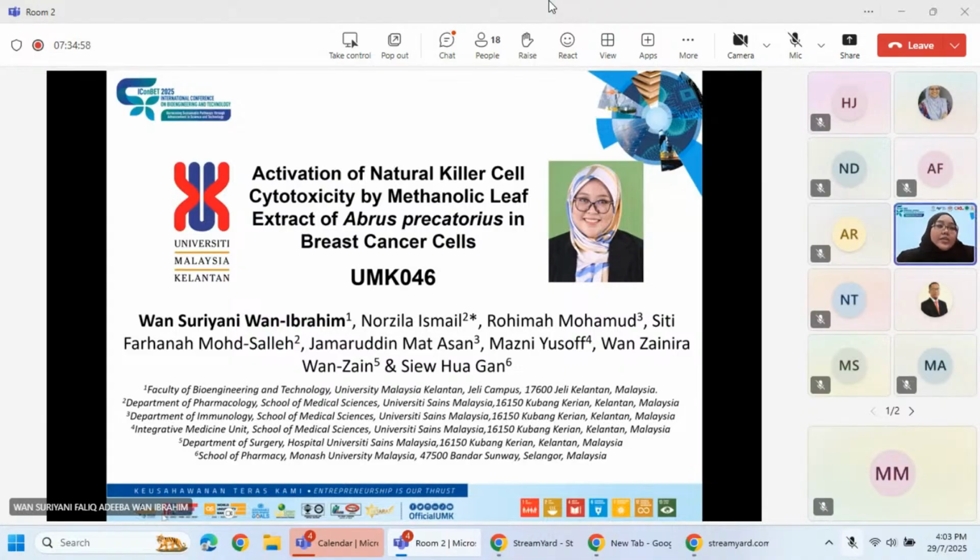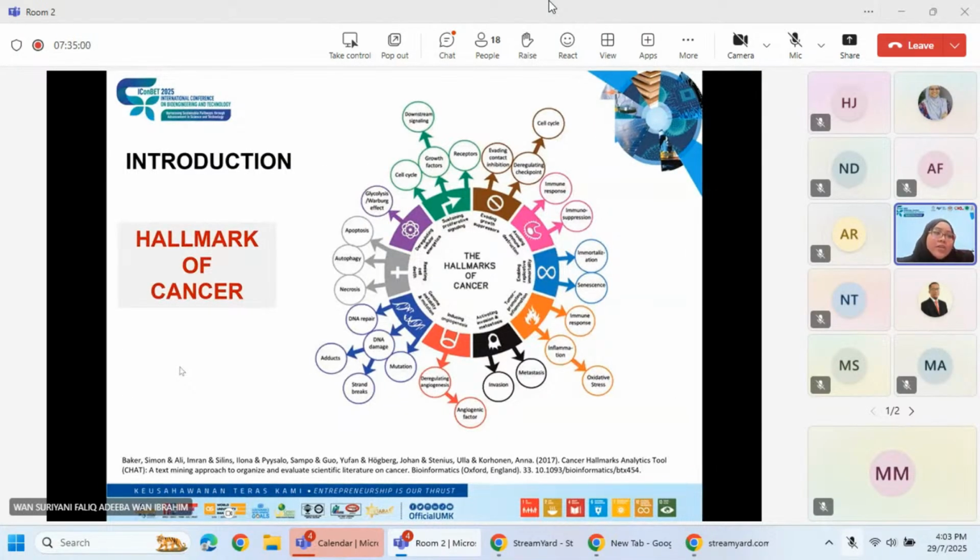Right, ladies and gentlemen, cancer cells are abnormal cells that grow out of control. Scientists have described this ability of cancer cells to grow out of control as the hallmark of cancer. There are signs of why cancer cells emerge, such as growing without stop, avoiding cell death, and spreading to other tissues. And the main important one I want to highlight here is